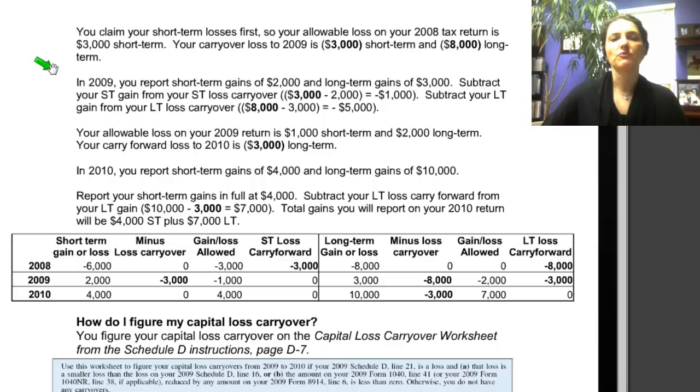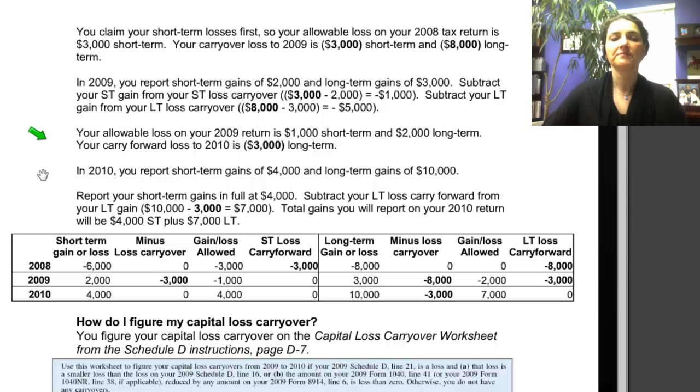Then in 2009, you report short-term gains of $2,000 and long-term gains of $3,000. You subtract your short-term gain from your short-term loss carryover. $3,000 of carryover minus $2,000 of gain leaves us with a net loss short-term of $1,000. Then you subtract your long-term gain from your long-term loss carryover. $8,000 of carryover minus $3,000 of gain gives us a net long-term loss of $5,000. Your allowable loss on your 2009 return is $1,000 short-term and $2,000 long-term, and your carry-forward loss to 2010 is